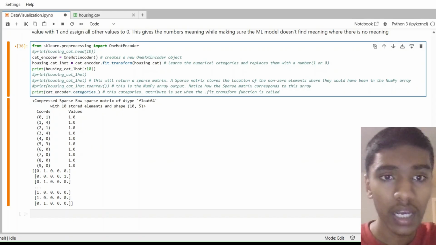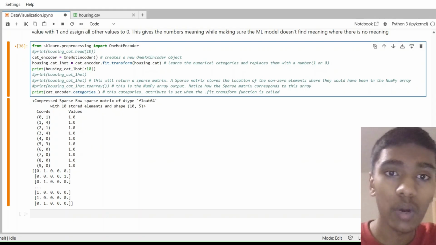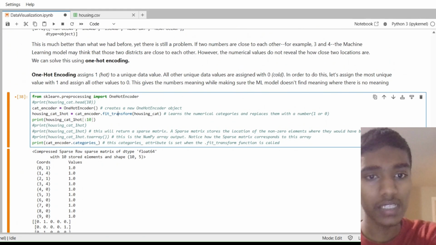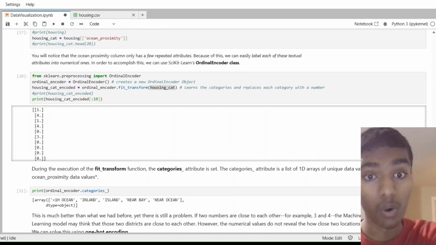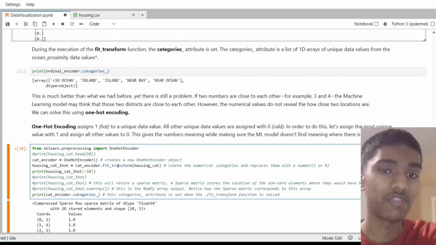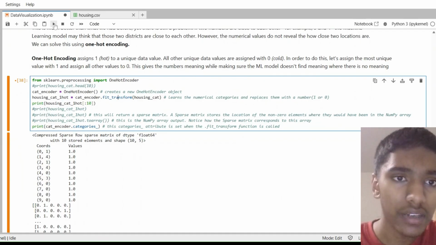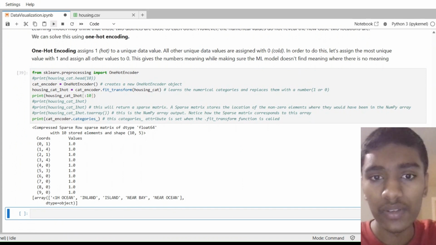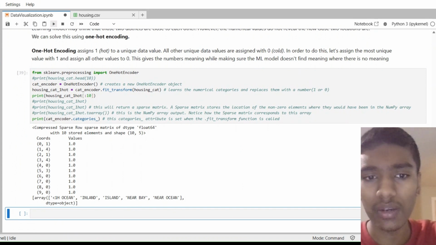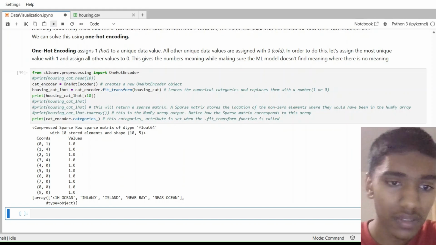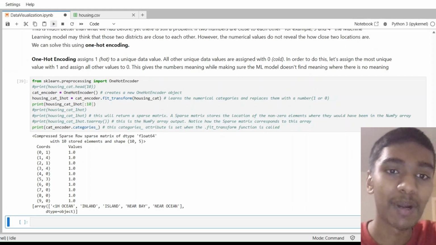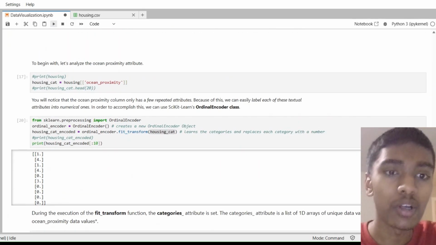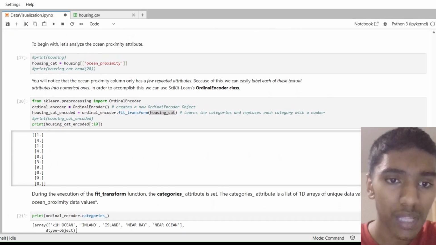So the fit transform function in the OneHotEncoder class does store the categories, similar to the OrdinalEncoder when you call the fit transform function. And so let's go ahead and print that out there, just that way you can see that. And you see it's a very similar thing there. It stores the unique categories. Now you might say, okay, shouldn't the unique categories be zeros and ones? Well, no, of course not, because that's the purpose of the OneHotEncoder. That's the first thing. And the second thing is, even in our previous example, we saw that it only displayed